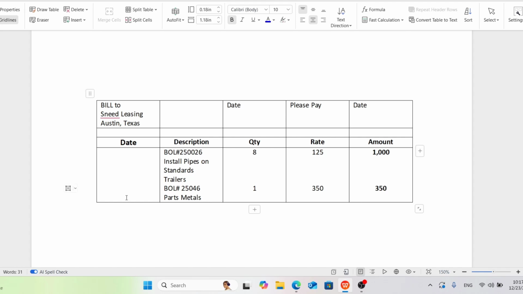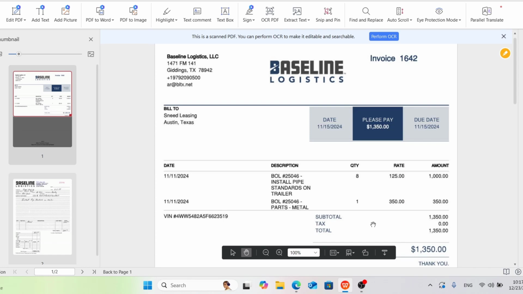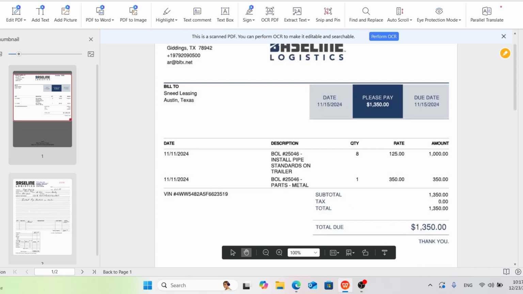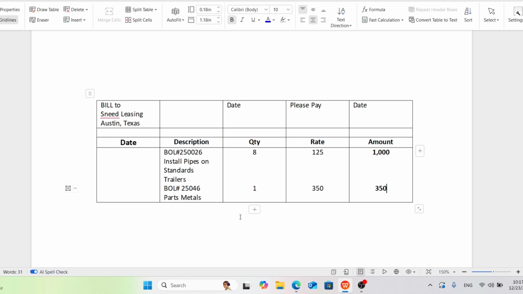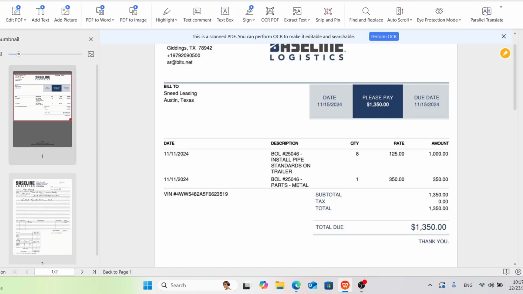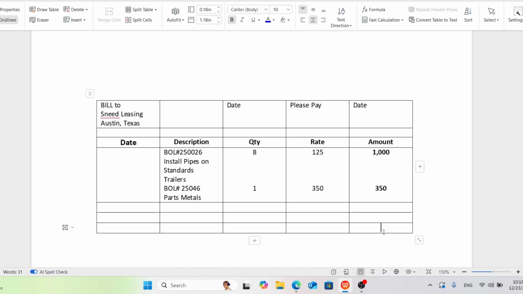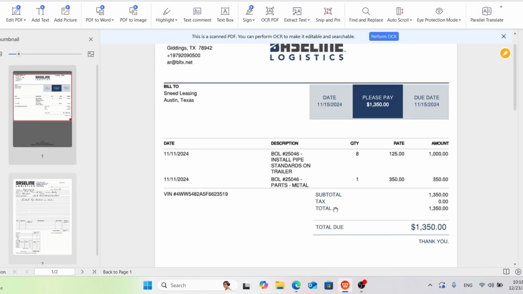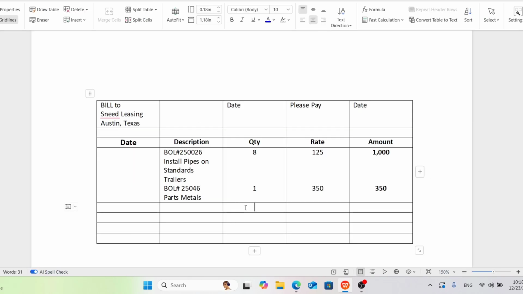And then again we have to add one more row. So what we are going to do is tab, tab, and then tab. Why have I added 3? Because 1, 2, 3, and here is the fourth one. So we have to add one more too. Of course, in this cell we are going to add subtotal, tax, and total, right? So first of all,